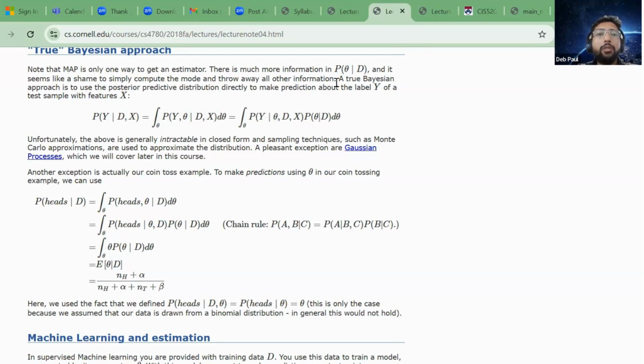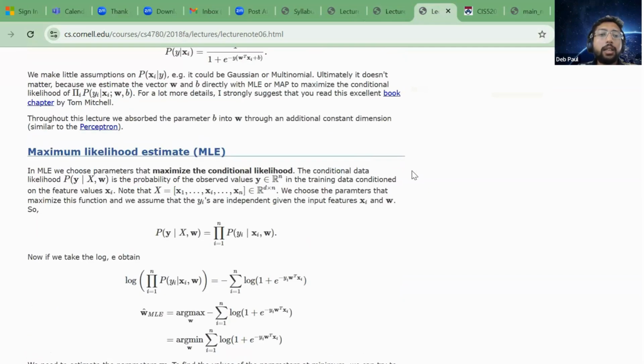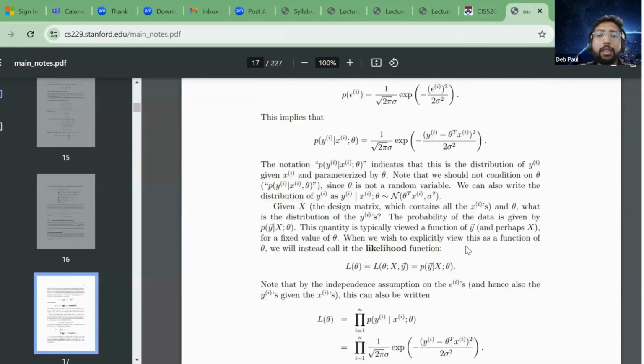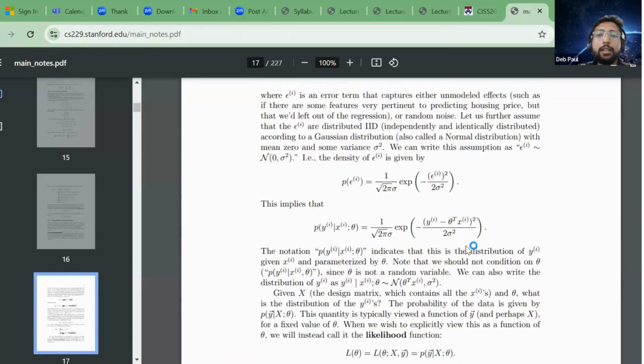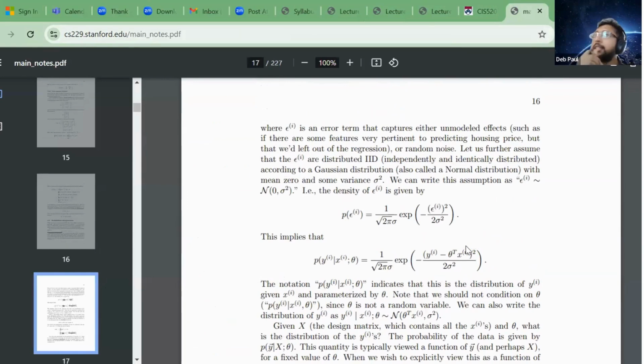Okay, makes sense. So with this, I will go into one thing that is probably very interesting. Let's think about linear regression. Sorry, any question before we go to this one? So let's take this as an example. I think it might be easier to take this as an example.